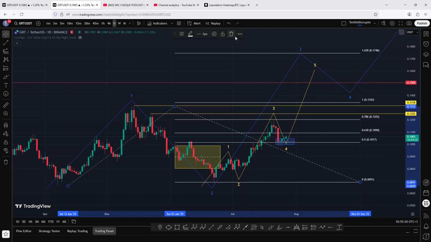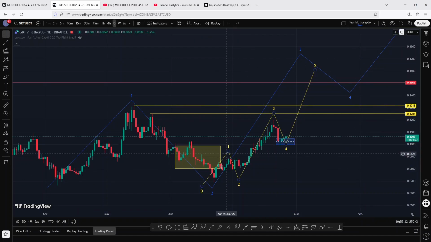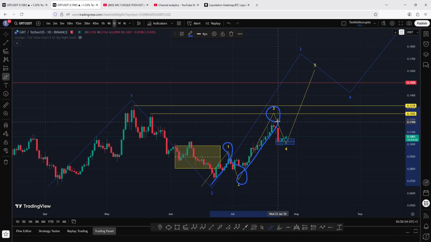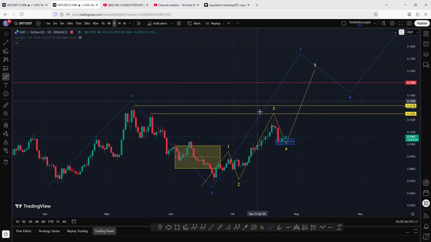And in the formation of this wave 3, which is an impulse, I am also expecting to see a 5-wave structure also playing out, and I believe that from the lows we made down here below the 0.0685, we have now picked impulsively in the formation of that first wave, seen a pullback in the formation of that second wave, a bounce in the formation of this wave 3, and you can see that from the highs we made above